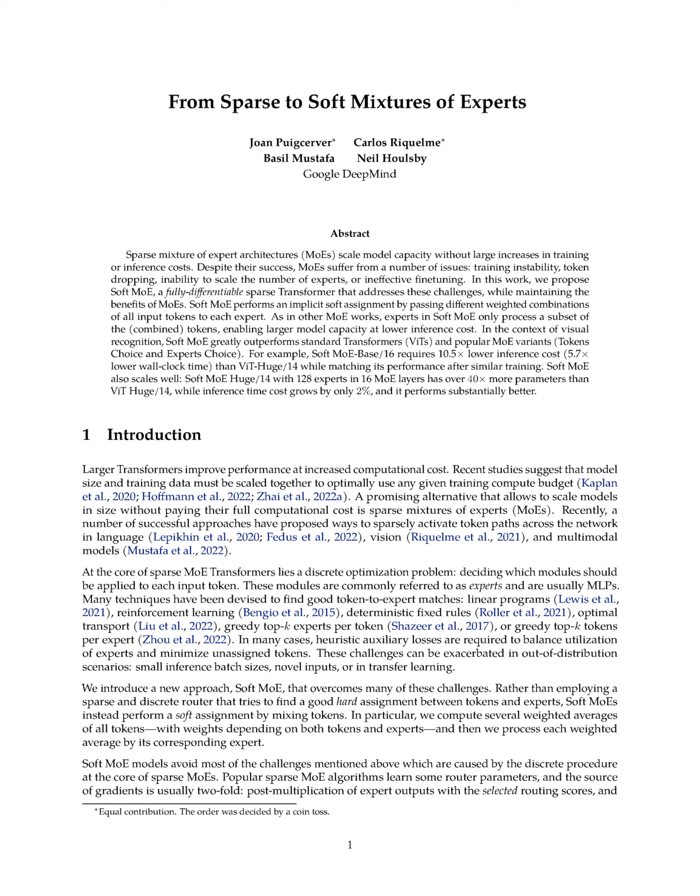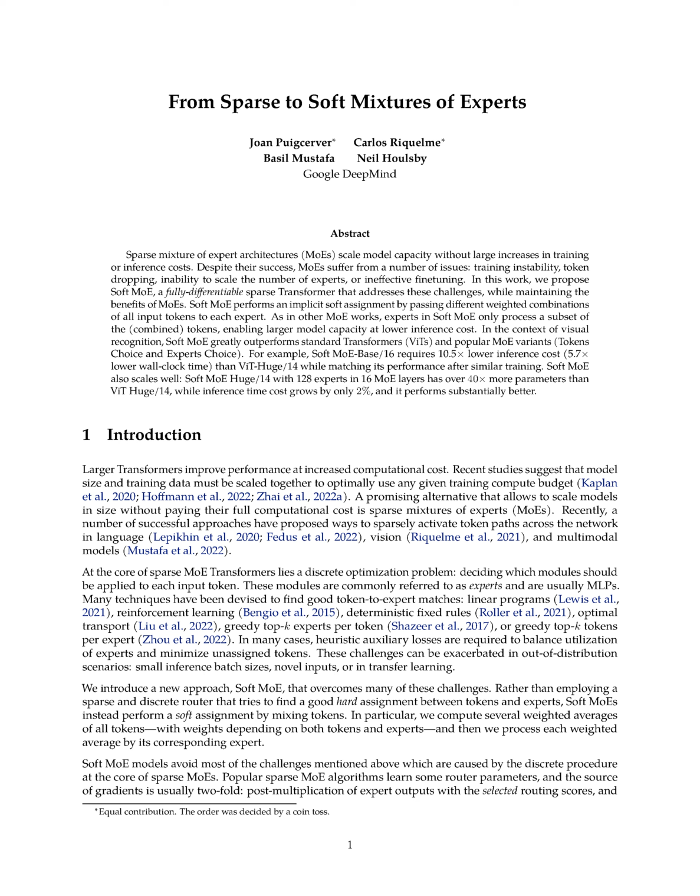One promising solution is to use a technique called sparse mixtures of experts, MOEs. In recent times, several successful methods have been proposed that activate only certain paths in the network for each token, a unit of data, in language, vision, and multimodal models. This is the essence of sparse MOE transformers.